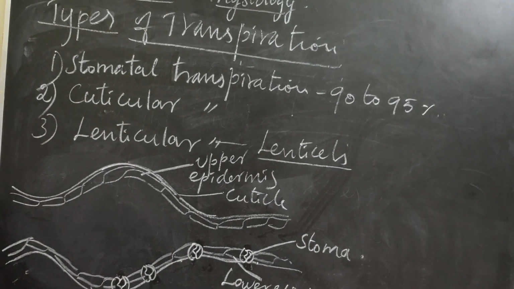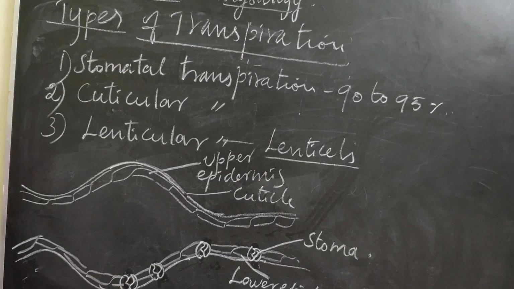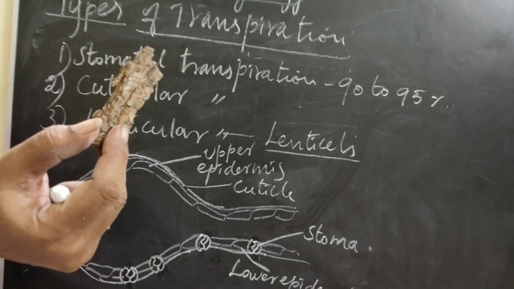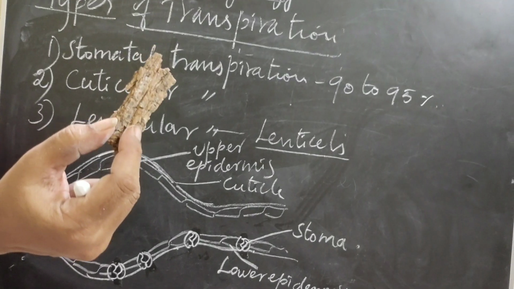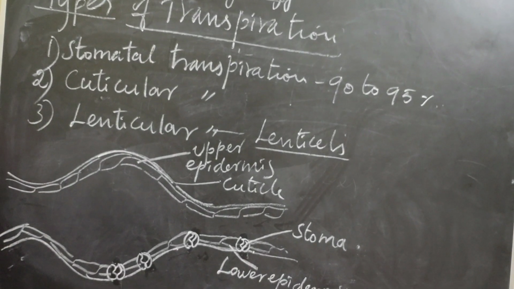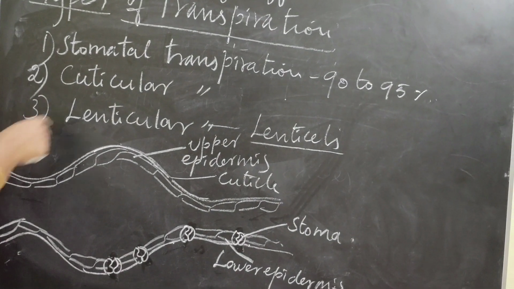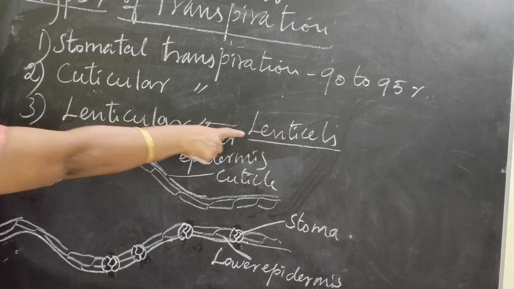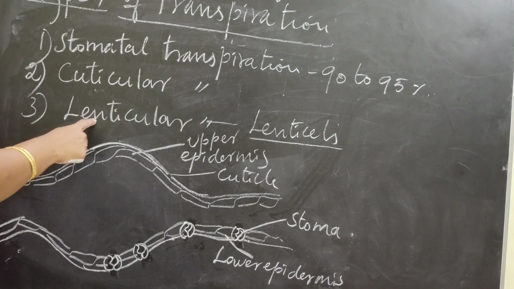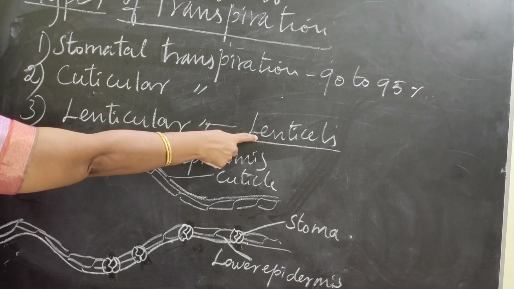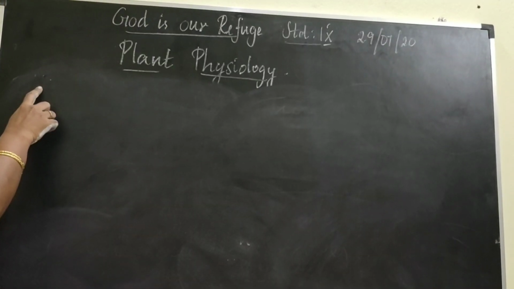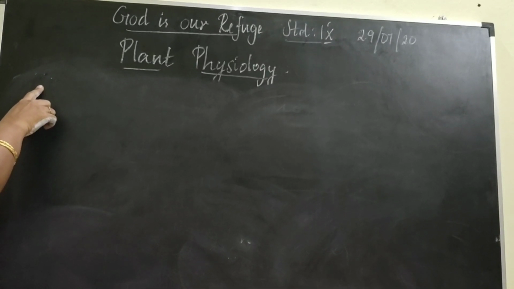Lenticels are tiny openings that protrude from barks in woody stems. Look at this bark. Yes. What is lenticular transpiration? Loss of water from plants as vapor through lenticels is called lenticular transpiration. The lenticels are tiny openings that protrude from barks in woody stems. The next one, why do plants need transpiration?